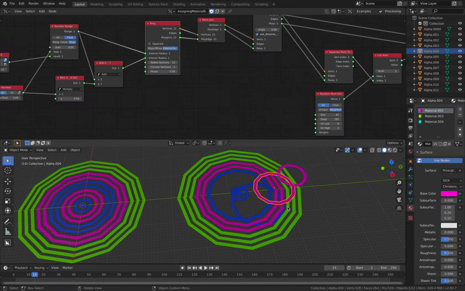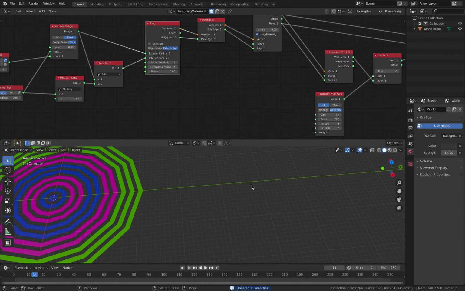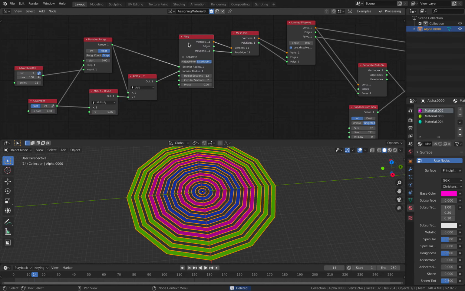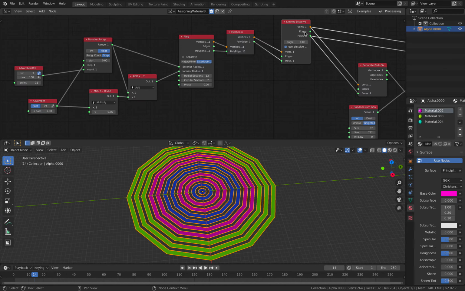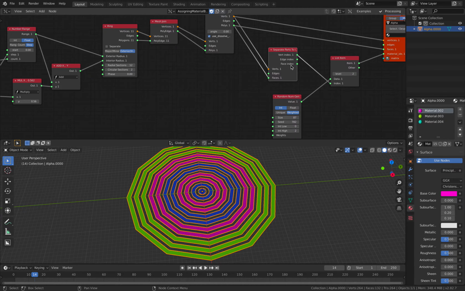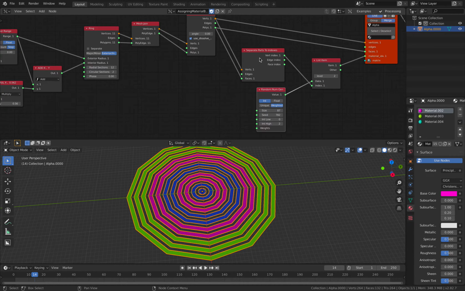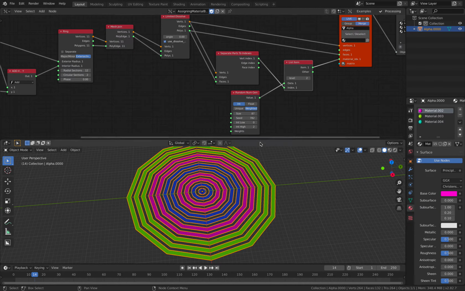And all these rings actually have a material, and that's exactly what I'm doing here inside the Sverchok add-on and Sverchok node tree, and I'm taking advantage of these nodes,